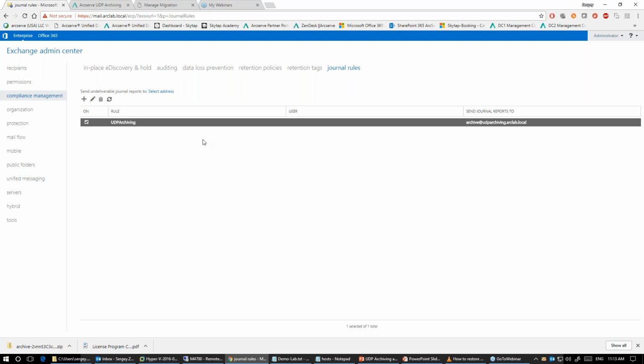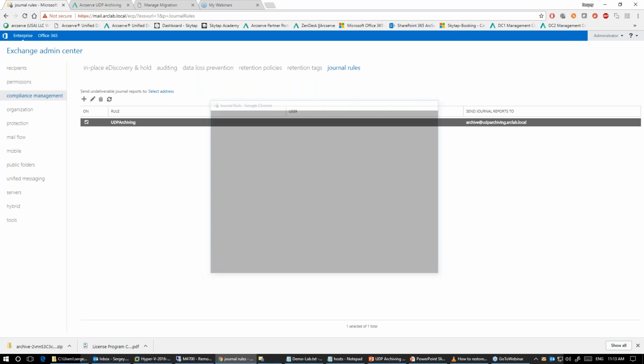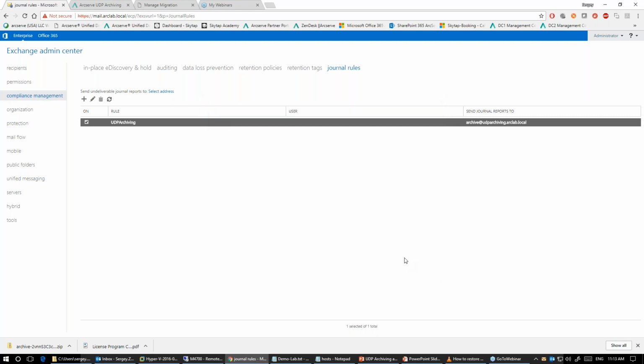And this rule, which I created earlier, looks very simple. In the rule, we just provide the address of our archiving virtual appliance. We name it somehow, and we say that all messages from all sources go in that direction, and save it, and that's how the rule is created.